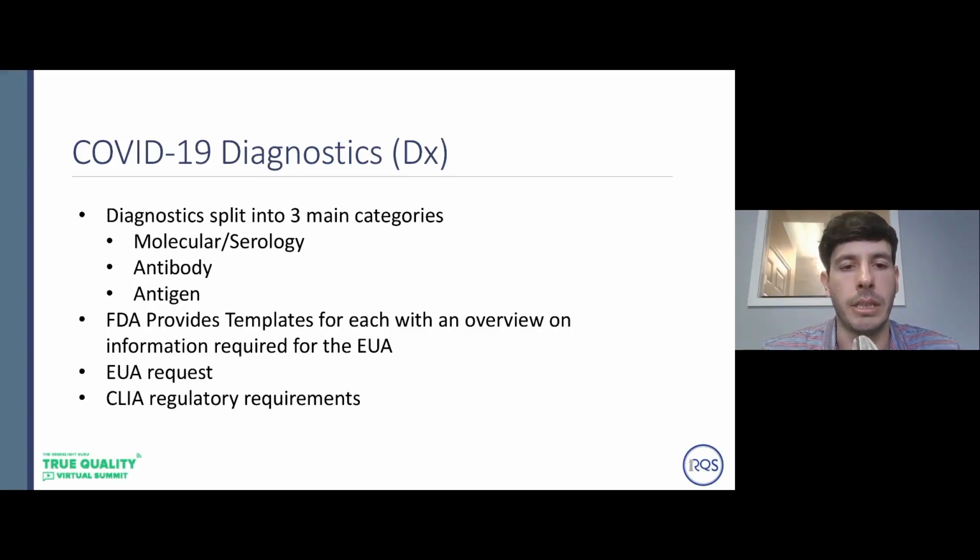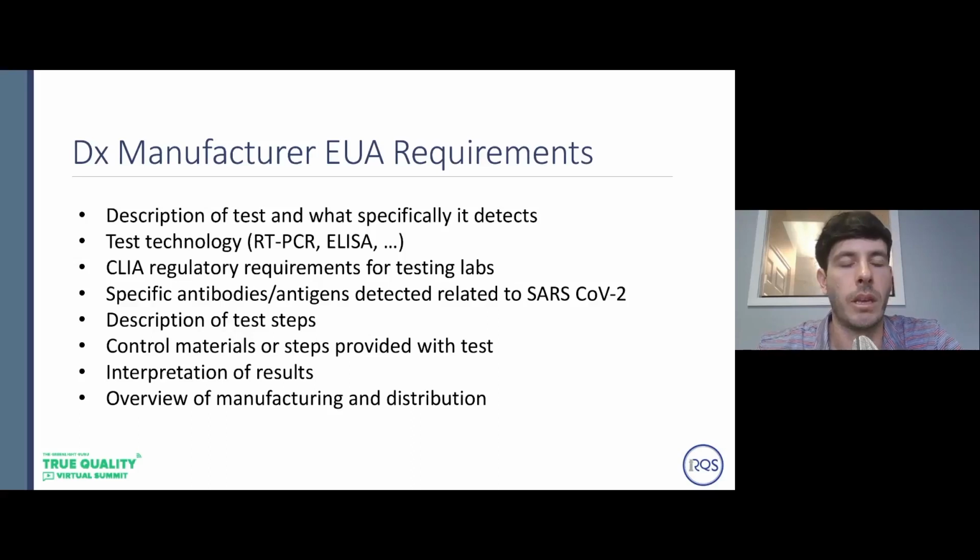So if it is required to have a CLIA lab to do your test, if it's waived, that's determined based on the CLIA regulations and the complexity of each test. So that's also information on their website that's easy to identify for your EUA. Additionally, they have identified in this template a description of the test, the technology that's used, what CLIA regulations are required,